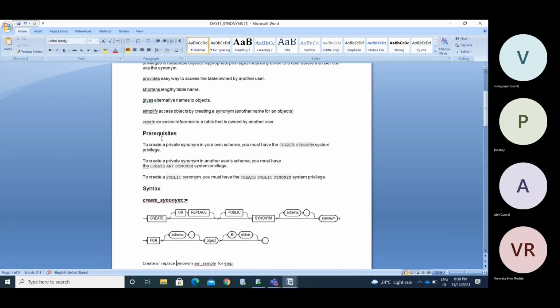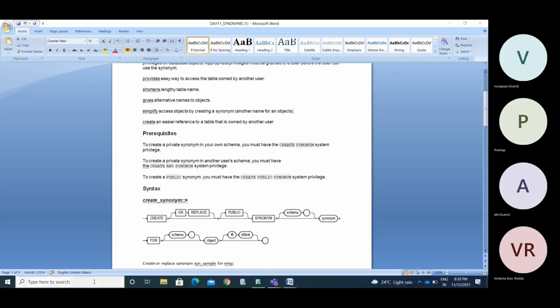If we want to create the synonym, we need the grants. You cannot create synonyms directly. The admin user needs to provide grants to you. So the prerequisite is that we need the create synonym grant, and we need to provide that.